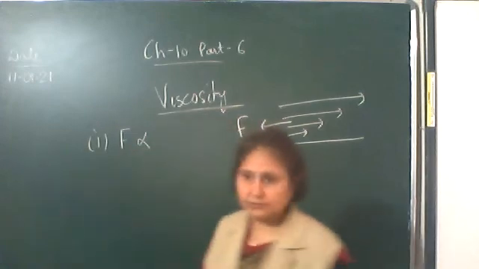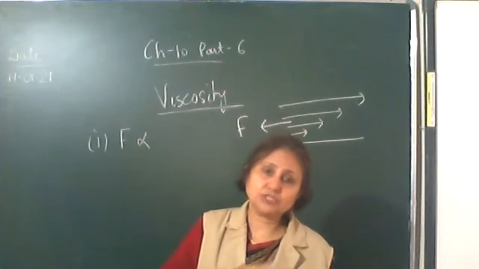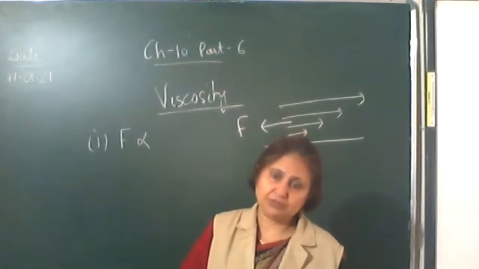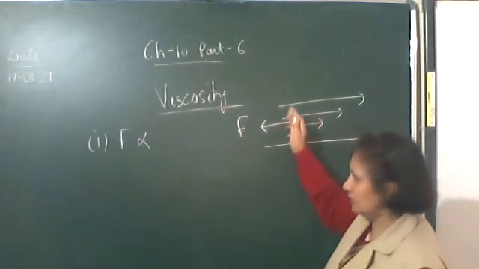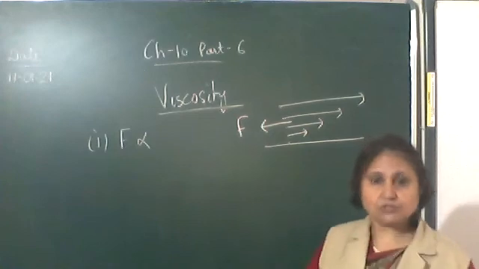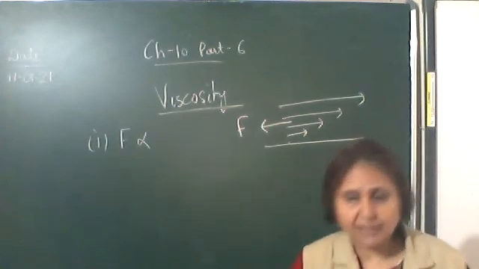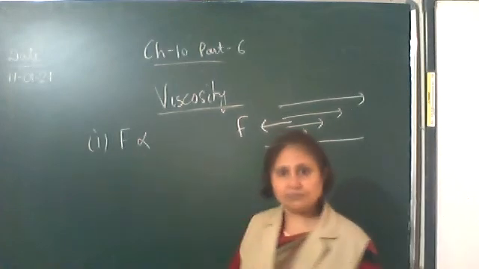First point. Which force is this? This is the viscous force. Viscous force means it acts opposite to the flow of the liquid. Why? Because there is relative motion between the layers of the liquid flowing in this direction, giving an opposing force, also called the backward dragging force. It is dragging in the backward direction, which we call the viscous force.